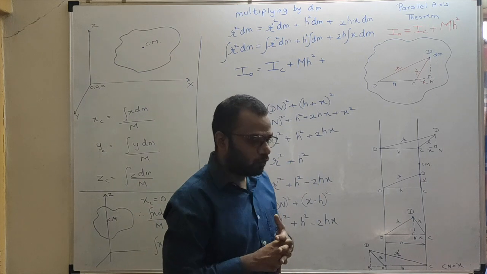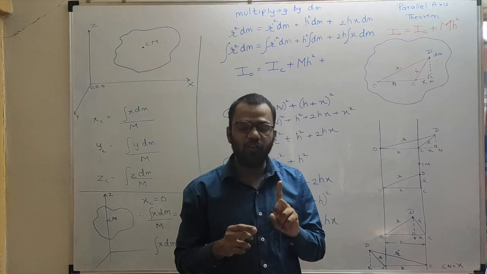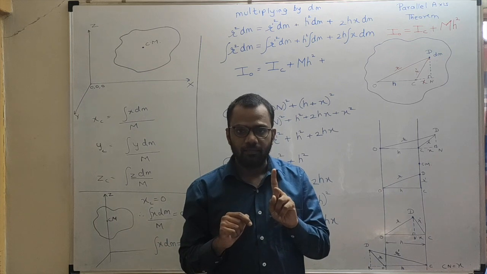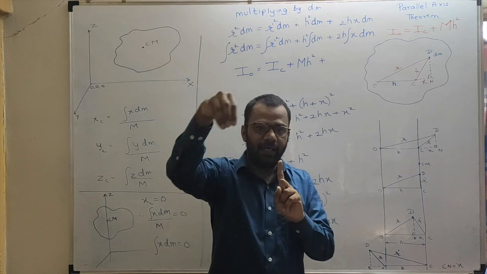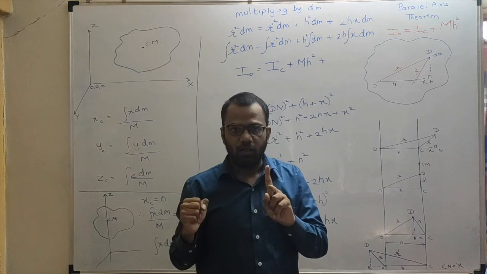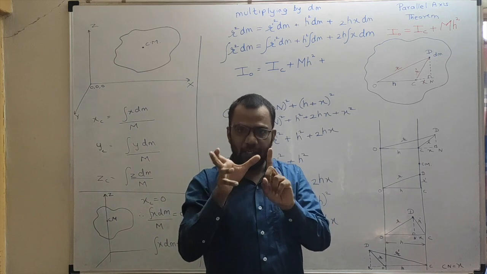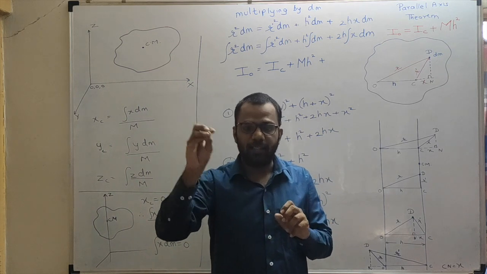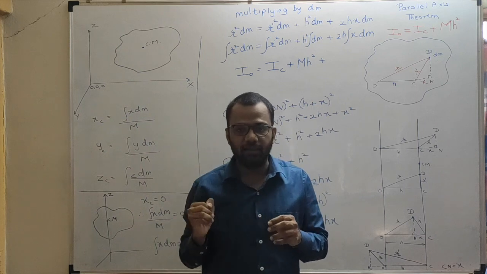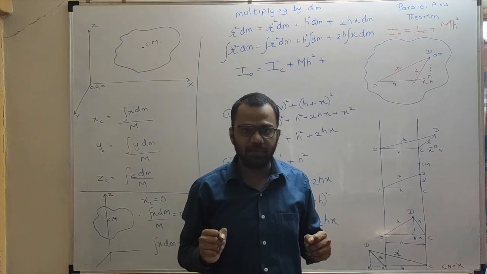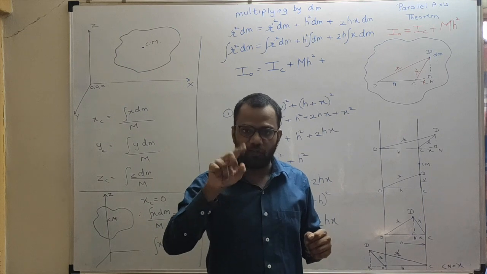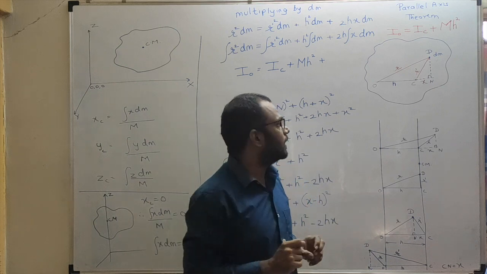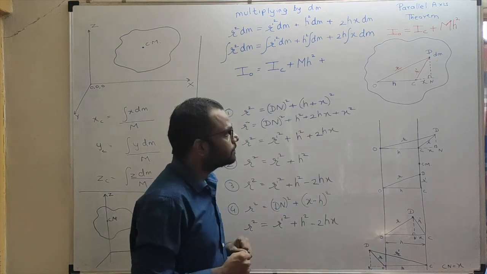Now we know, to find out moment of inertia about any axis, what we need to do? We have to take integration of r square dm. We take dm particles of the body and take their perpendicular distances from the axis of rotation. So we will get dm r square, dm r square, dm r square for every particle. We add all dm r square terms. That is nothing but integration of r square dm. Then we will get moment of inertia about that axis. So the same process will be followed.